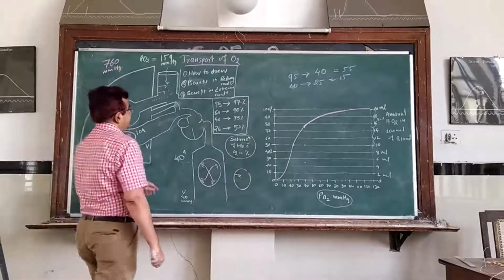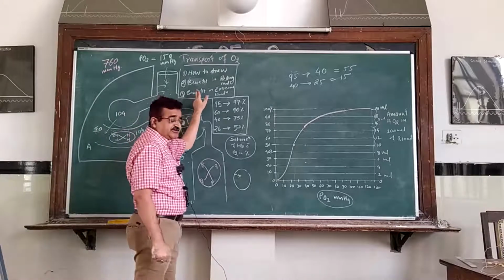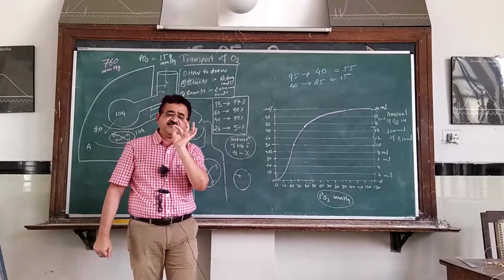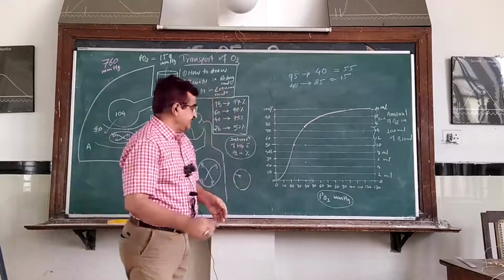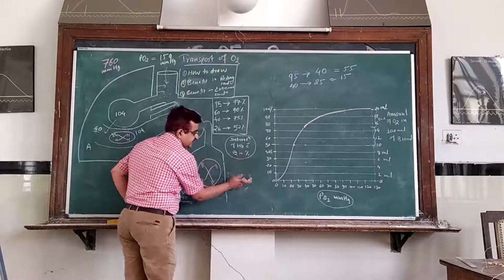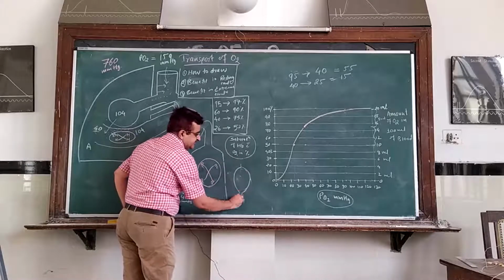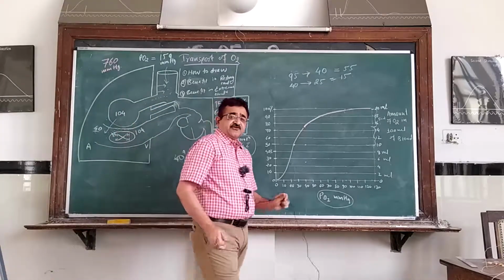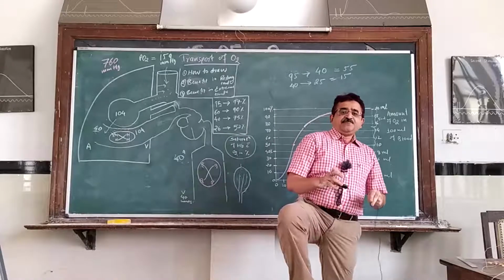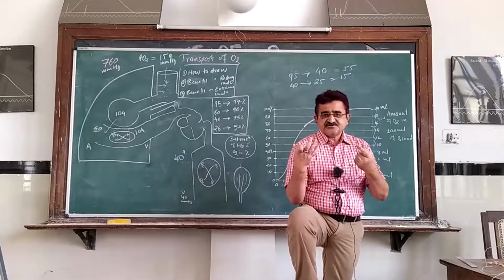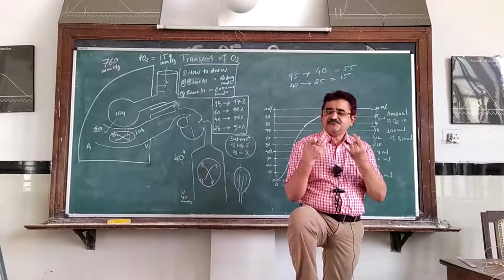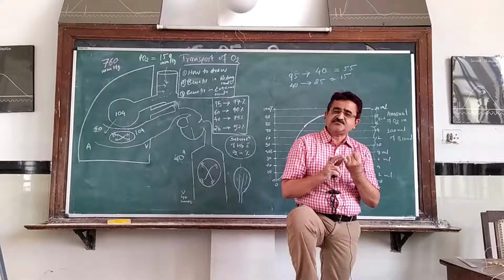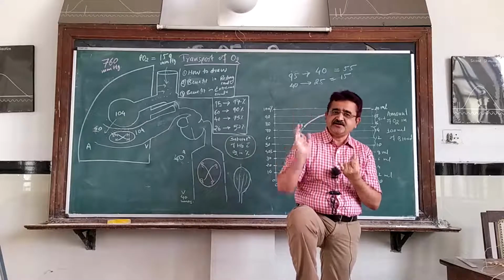Now coming to the next one, that is, what is the benefit of this curve in an extreme situation, for example, exercise. Now, we replace this cell with our skeletal muscle. Now, this is the skeletal muscle that is working. Remember this. When the person is engaged in exercise, mild to moderate exercise, the demand for O2 is increased. Supposing it is increased to 10 ml.